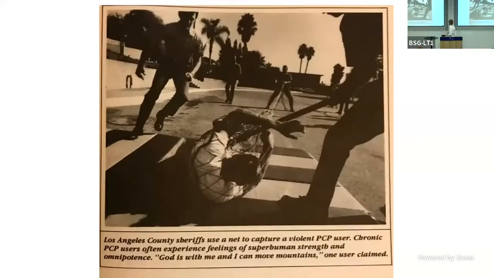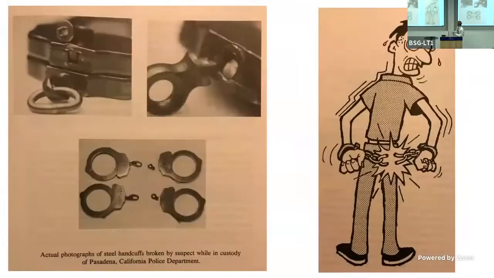This I just think is funny. There was a lot of hysteria in the United States about PCP, and law enforcement was terrified. They thought literally people turned into the Incredible Hulk. The taser was really developed in large part to immobilize people on PCP. It was optimized for people on PCP, and companies sold nets to capture people on PCP. There are reports in the literature of people ripping handcuffs, no problem, ripping doors off of patrol cars. I mean, law enforcement was terrified of people on PCP.